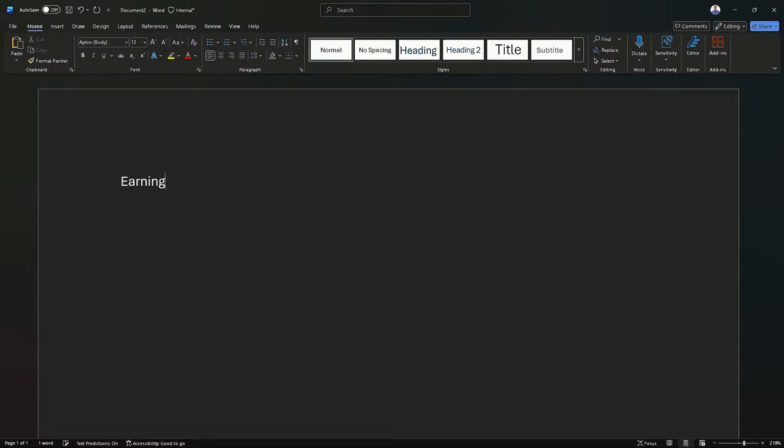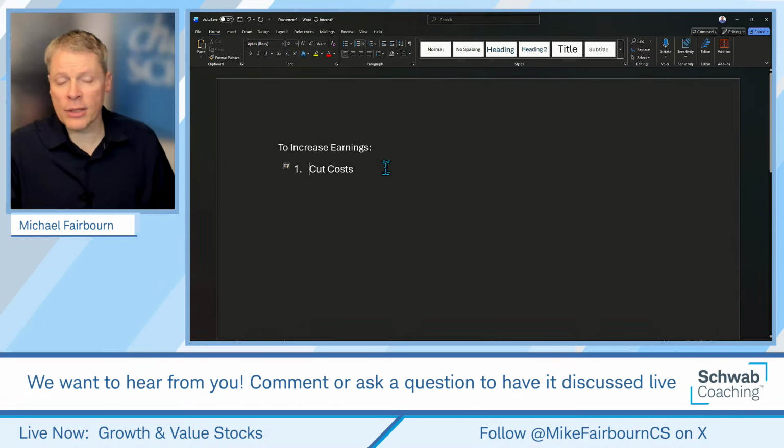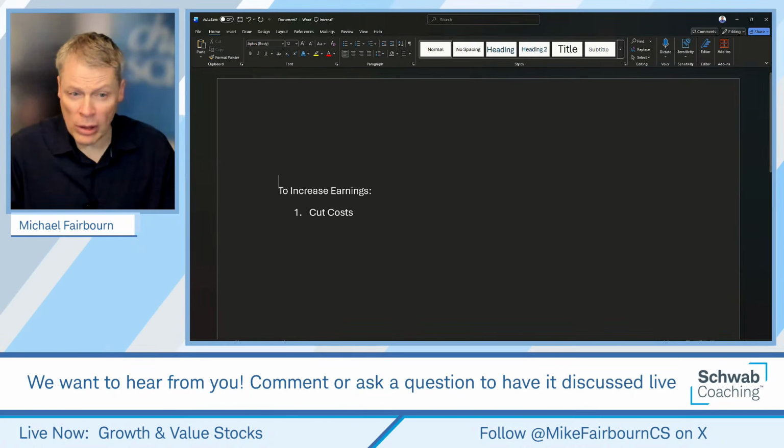So earnings. There are a couple of different ways that companies can build earnings, and there's one that we're most clearly interested in. But one way is to cut costs. We can cut costs to generate earnings growth, to increase earnings. Obviously, if you cut costs, you can increase your earnings, because big picture, really what we're looking at,